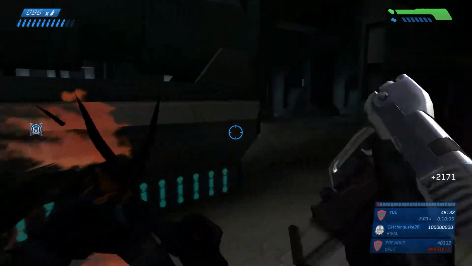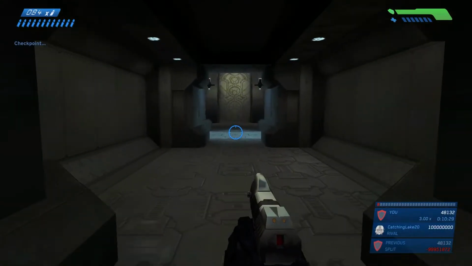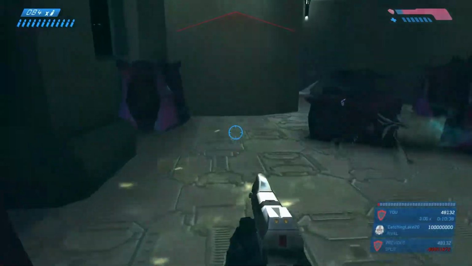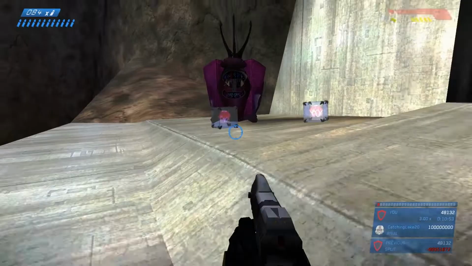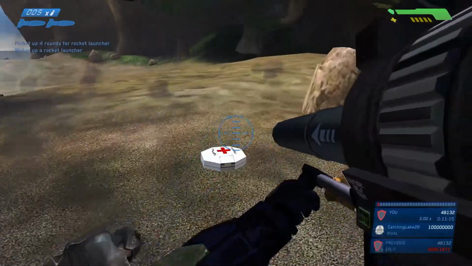And after finding a room that... This isn't the map room. We make our way back up to the surface to find an actual map room. I have to kill all the invisible elites. Okay, more like run past them. Then we grab the energy shield, and grab some power weapons from a downed Pelican, and take a Warthog back